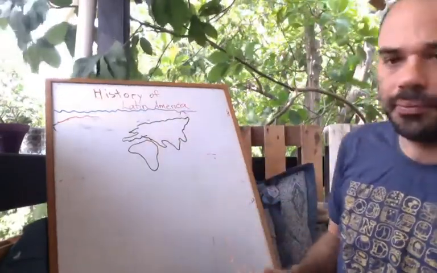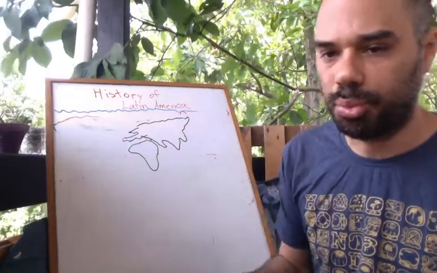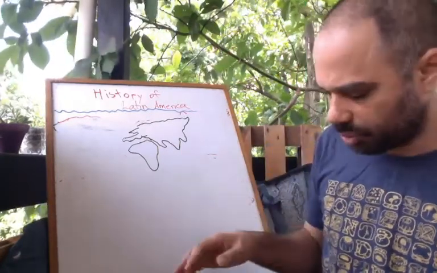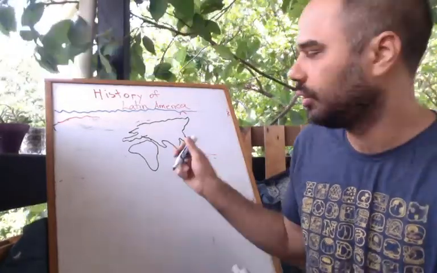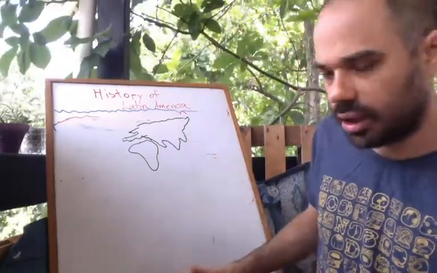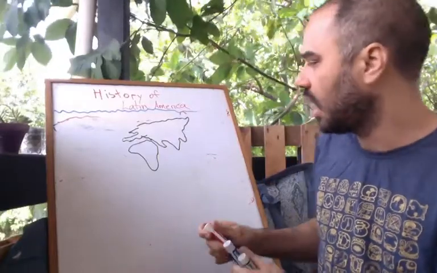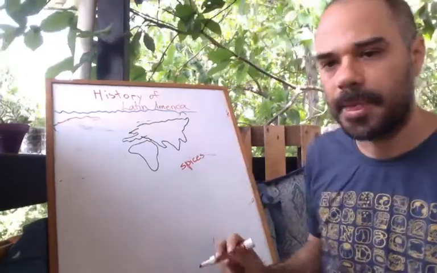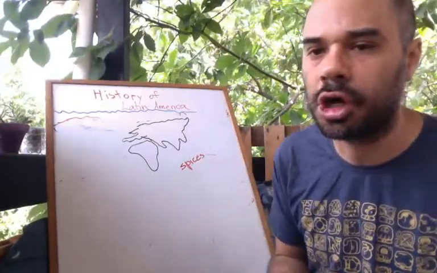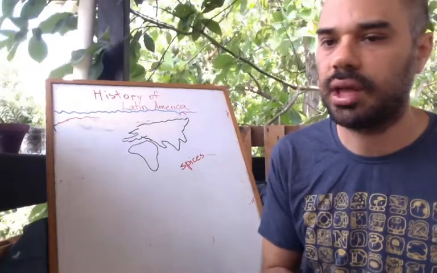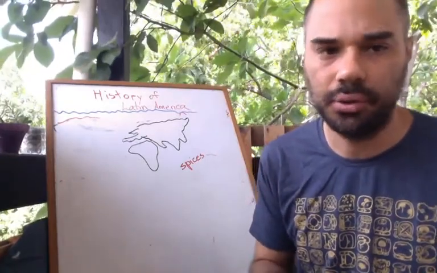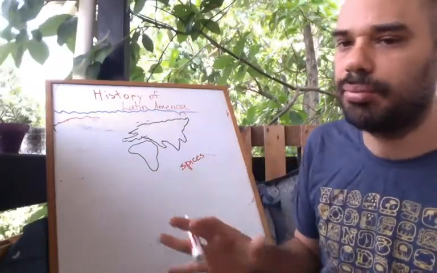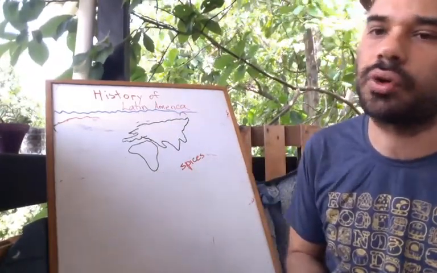Okay, so back in the day in Europe, just as the Aztecs were happening here in America, in Europe they were having a thing about trading with India. They had a thing because of something called spices. You know, las especies. These are things to cook, but back in the day, they were also used for preserving food.